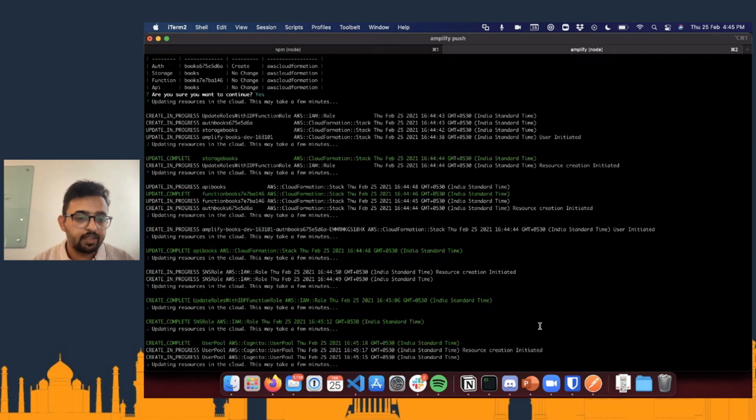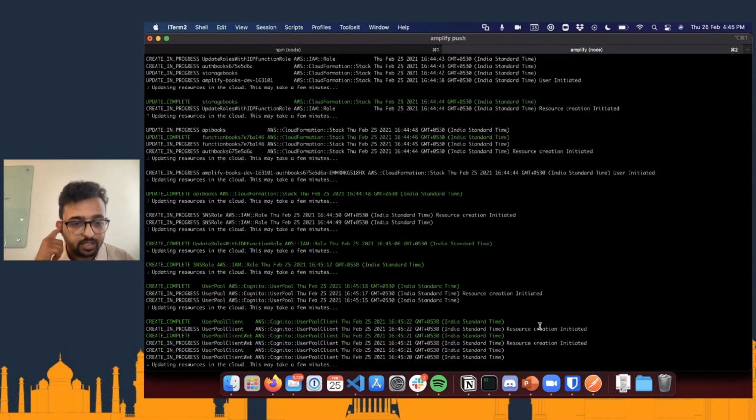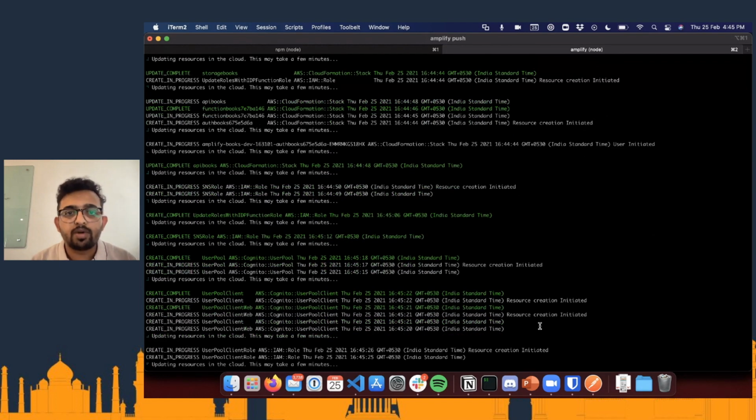So Cognito is again a serverless offering from AWS, with a fine-grained pay-as-you-go model. And it makes perfect sense to use Cognito in our application, because we are trying to keep everything serverless. API Gateway is serverless, Lambda is serverless, DynamoDB is serverless, and now we are adding Cognito, which is also serverless.